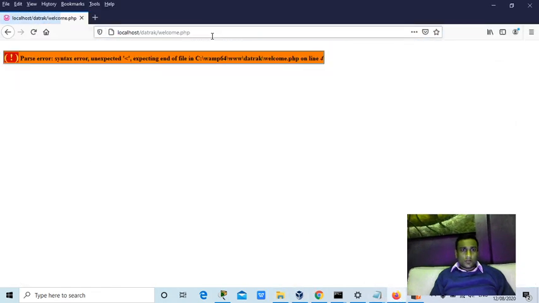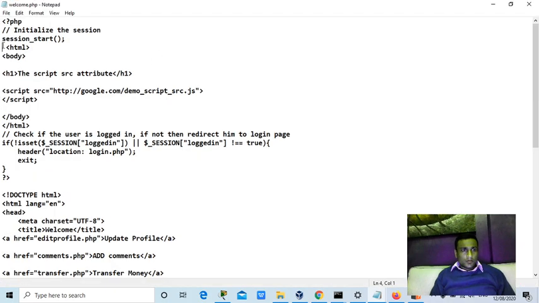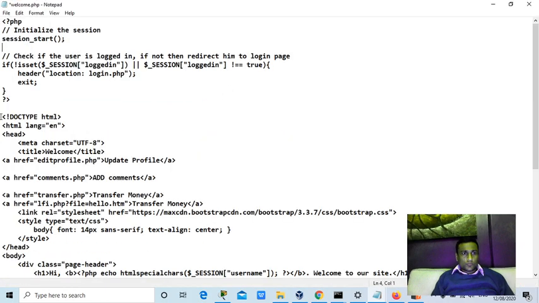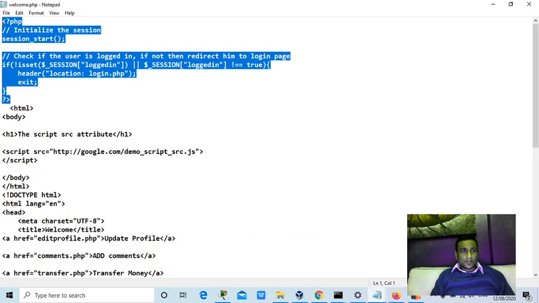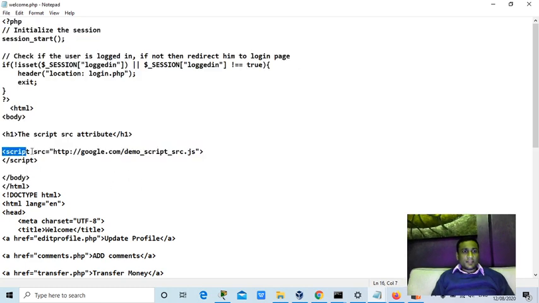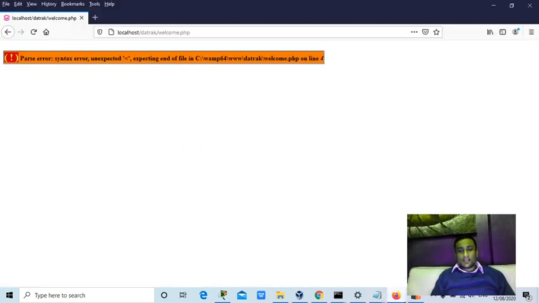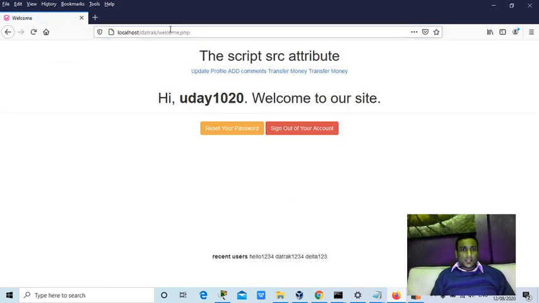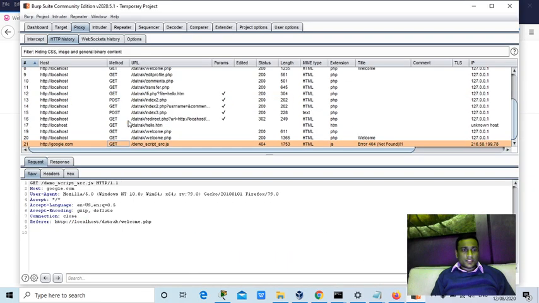Now since I put that code, as soon as line number 4, I'll just push it back somewhere here, because there's PHP code, right? Angle brackets in between throw an error, so below that I just added it. This script src means it is trying to load the JavaScript from a third-party website. Most of the websites do that, guys. Now as soon as the application is loaded, in the backend it is trying to load from this side.